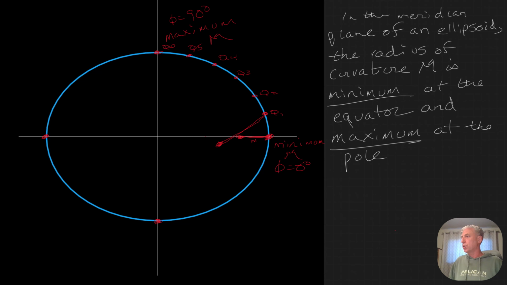I'm calling this Q0. So that's M0. This would be M1. And I could keep going. That gets longer. M2, M3, and so on,